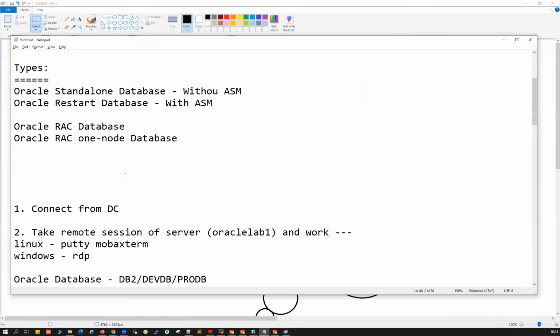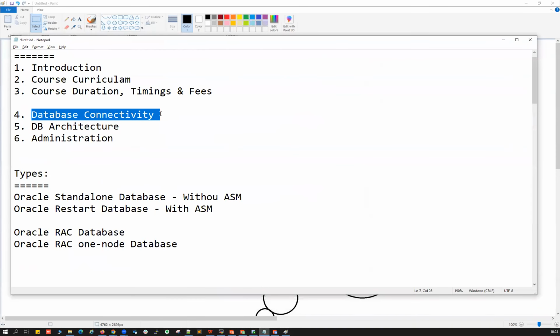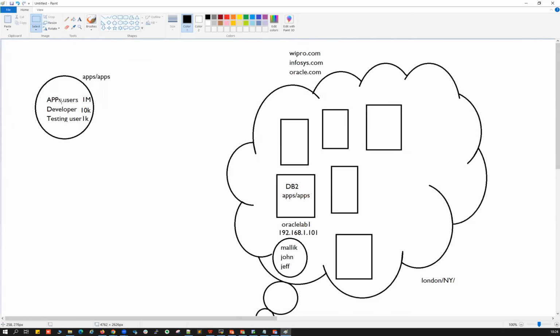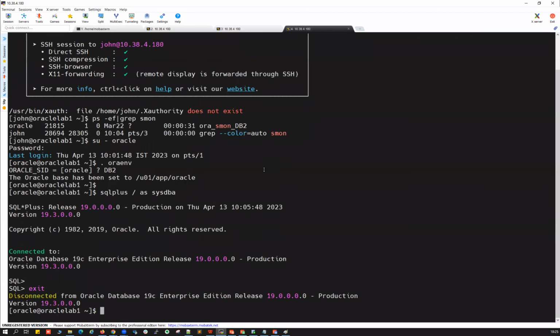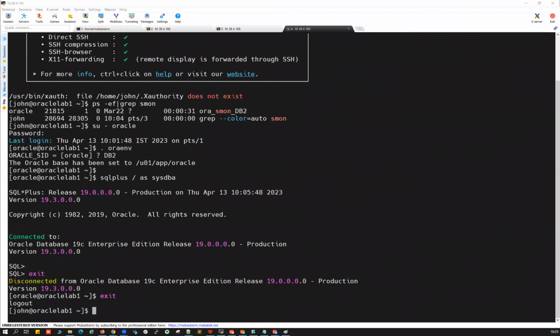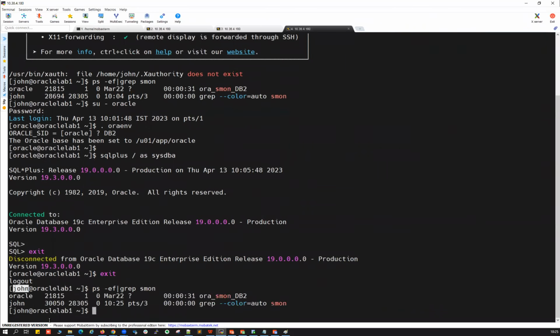Any questions so far on the connection methods, how connections work for the DBAs and for your application users? For the DBAs, it's very simple. We log into the server. Once we log in, right, let's see here, exit. Right, once I log into my John user, I'll simply do ps -ef | grep s1, who is my database owner.